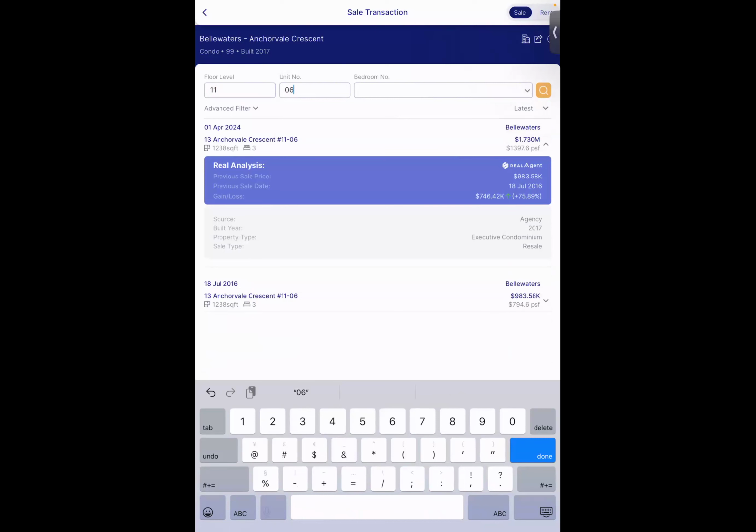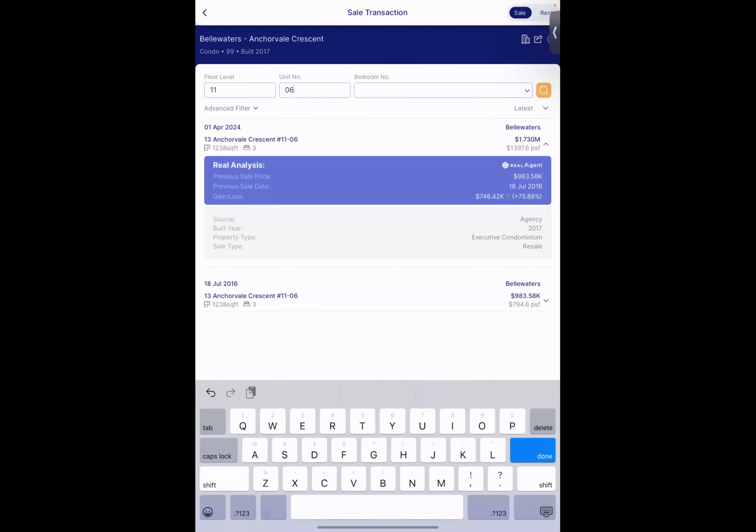The first owner bought in 2016, 18 July, for 983K. He sold for 1.7 million, so also earned around 750K. The current person bought on 1st April, the current owner, 1st April last month. So you can find specific unit numbers and